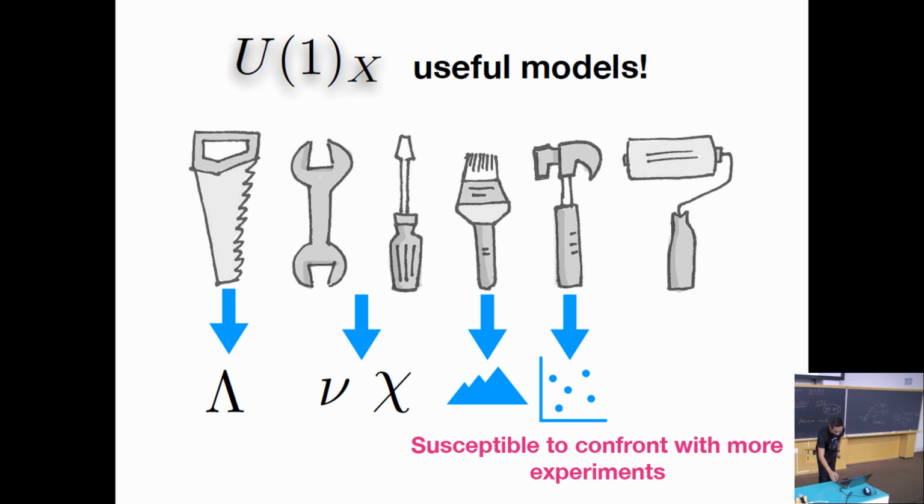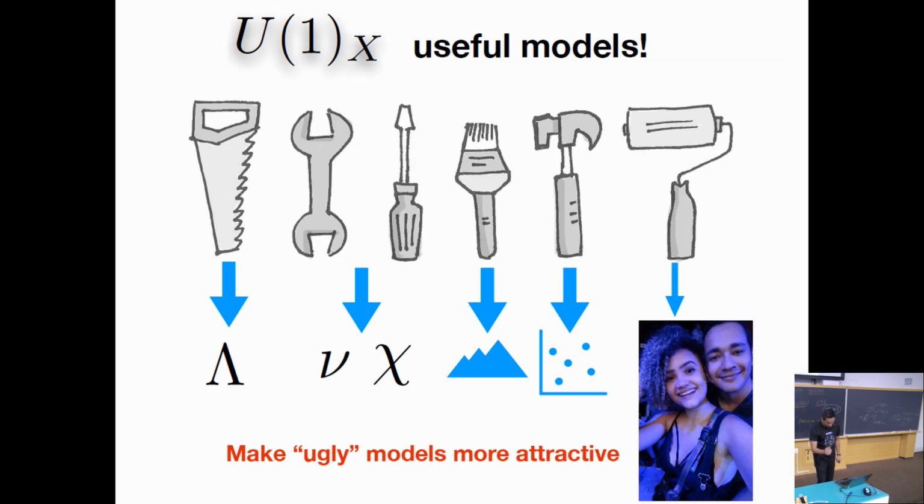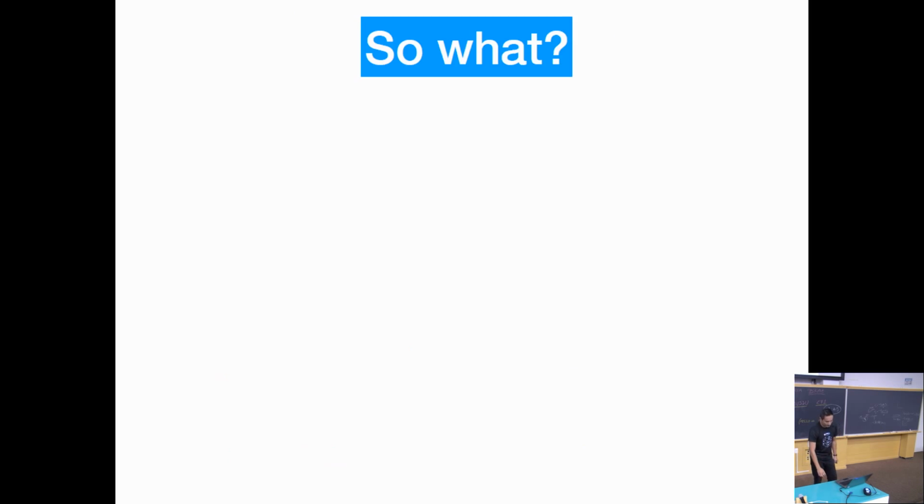And lastly, we know there are a lot of models that put discrete symmetries in by hand in order to make the dark matter candidate stable. With these kinds of extensions, for example, if we include a global symmetry, we can break it down to a Z2 or another discrete symmetry in order to make the dark matter candidate stable. So in this sense, gauge extensions make the model more beautiful.